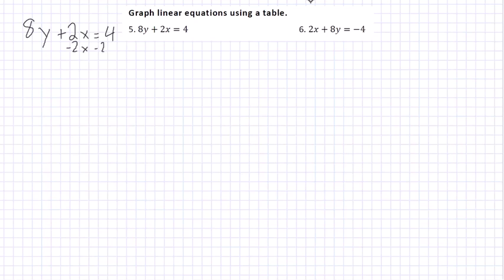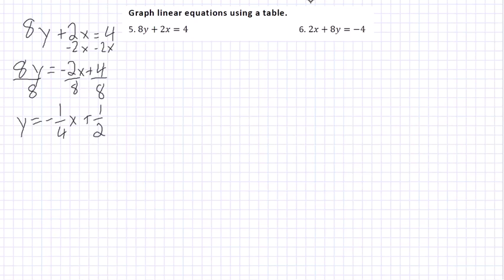So move this 2x over, and we get 8y equals -2x plus 4, and then we're going to divide by 8, and we get y equals -1/4 x plus 1/2. Now, as you see with this problem, now we have this fraction here and another fraction here. So it's going to be a little bit more challenging for some to graph,